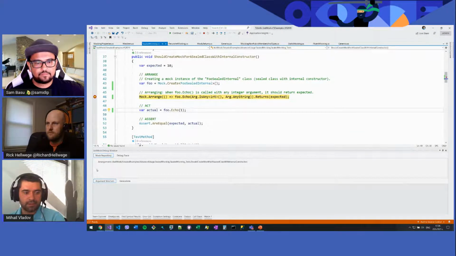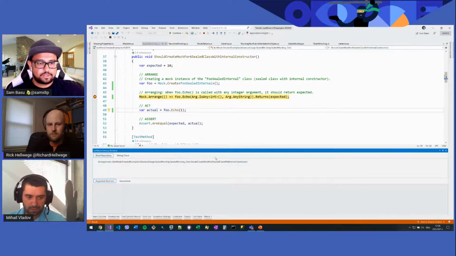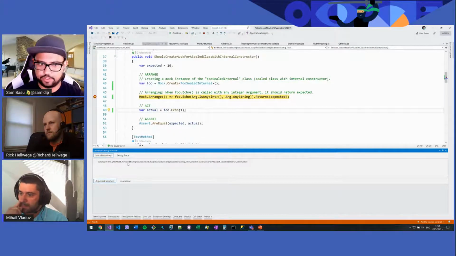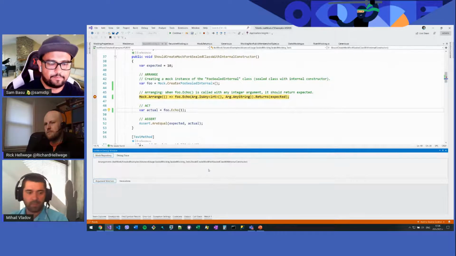So let's show the debug window. Can you see the debug window? Yes, yeah, we can see. Okay, wait, is it just the one below, or is it a floating window somewhere else? It's the one below, right? It is that window. Yeah.